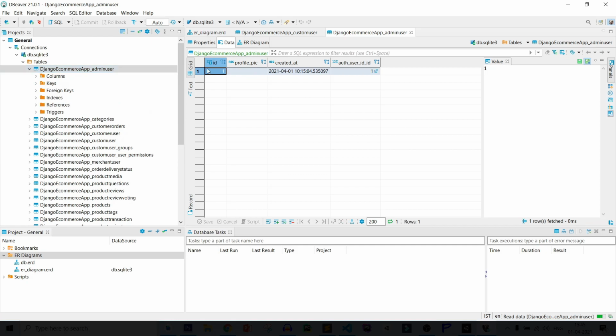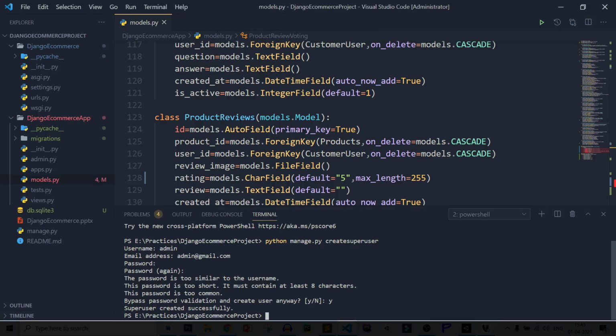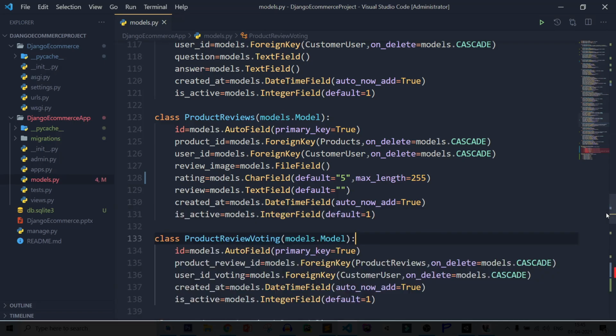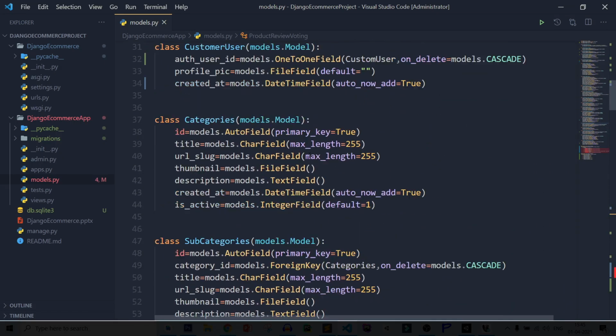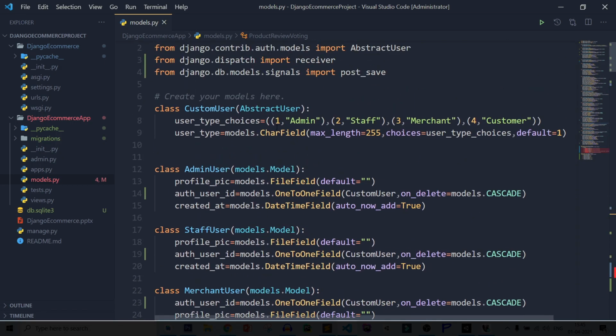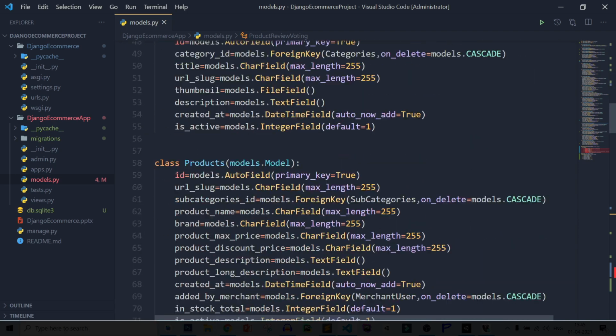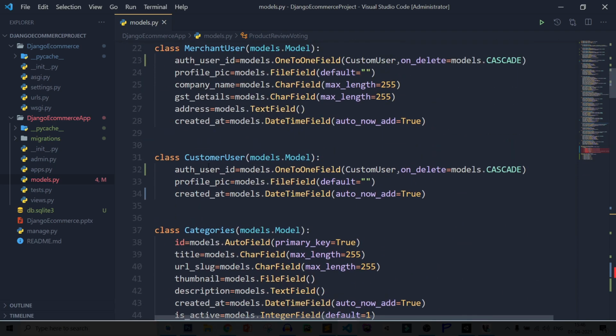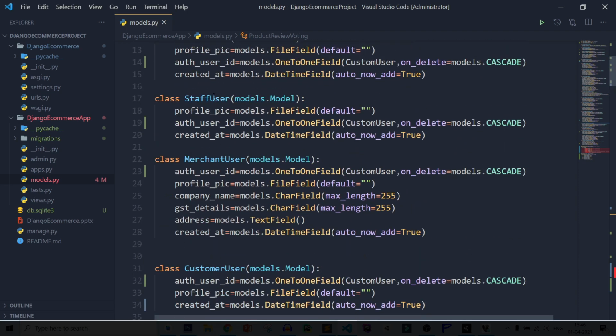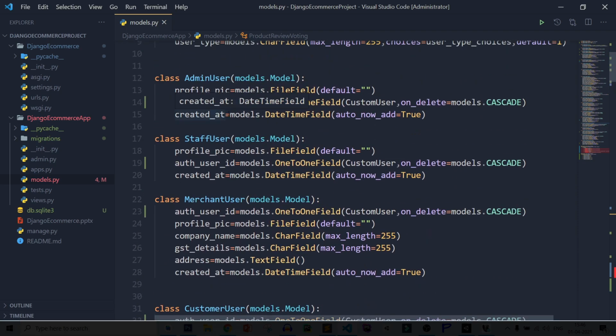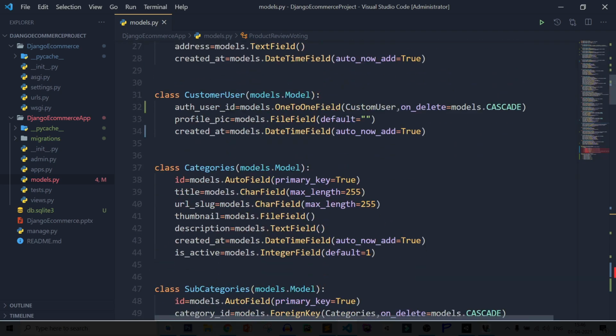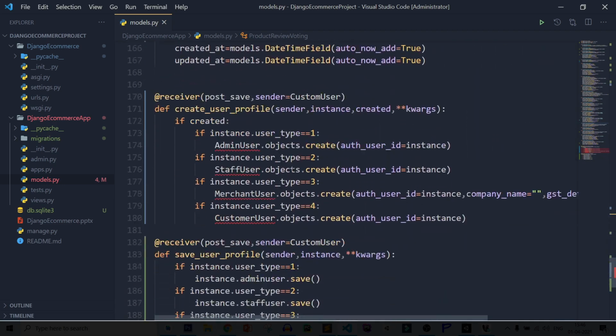If you check here, you can see it created another instance in admin user. So what actually happened here: when we create a new entry in our custom user, it will create another instance in the related tables like custom user, merchant user, staff user, and admin user from our receiver code.